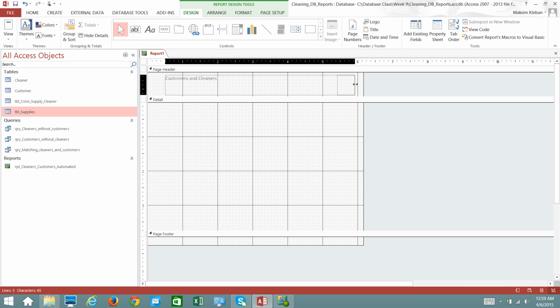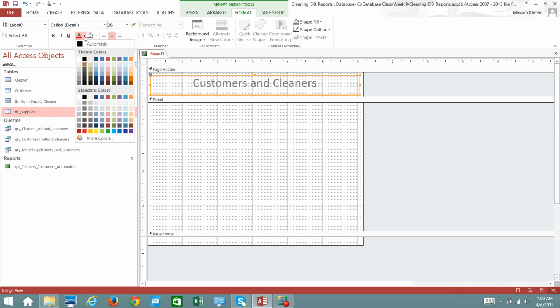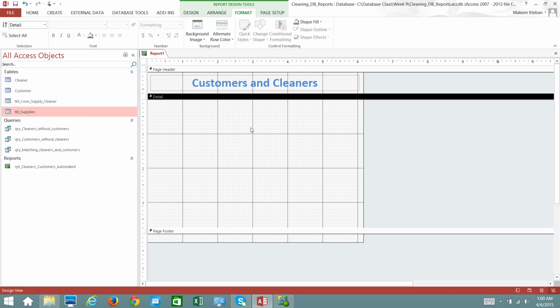Now just make it as wide as possible, and then if you go to Format, you select center, and let's select font 26. It's the same thing as what you would do in Microsoft Word, and let's make it blue and bold, right? And then we can adjust it like this, so it looks good. Now it's a good idea to save your report. You press save, and as with all reports we call it RPT underscore,